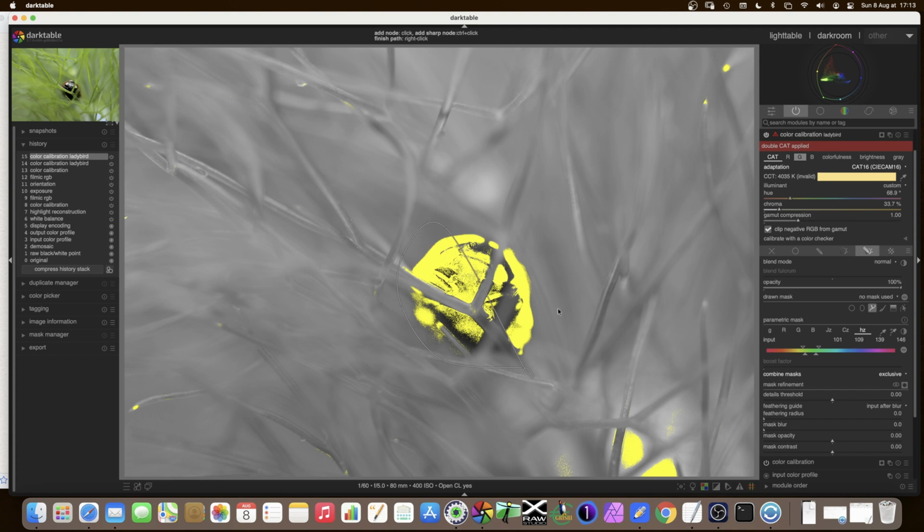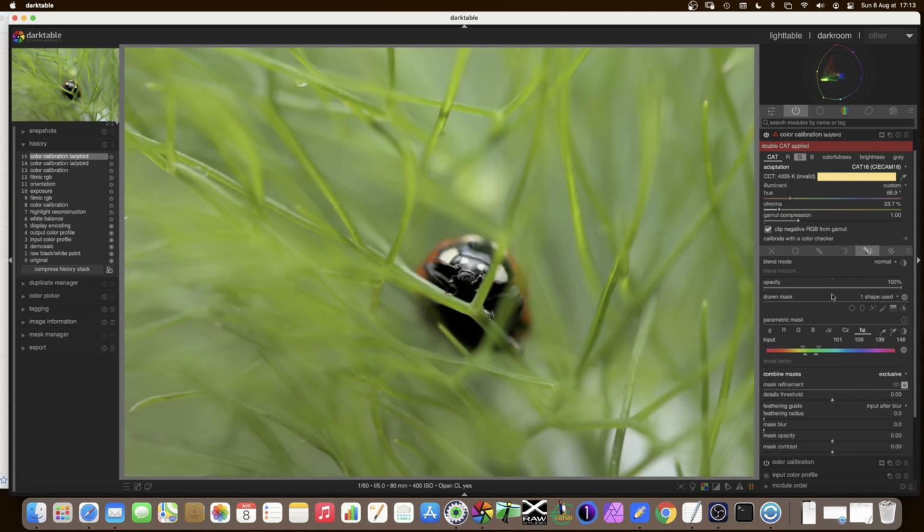Now, normally in this kind of case it's much easier because I'm just drawing around the place I already want to select, so there's no options to choose. So I selected the greens, inverted the selection here on the parametric mask and just did a little path around the ladybird. So I'm just selecting the ladybird, and now if we have a look at that,